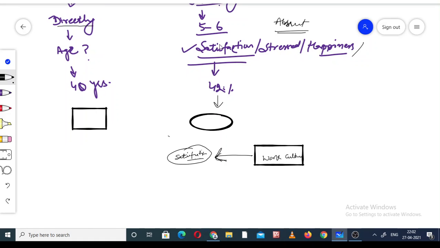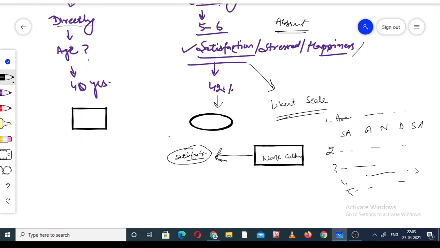When we ask questions, as I told you, we ask 5-6 questions if we would like to get the satisfaction level or the stress level. This is one kind of Likert scale. In the form of the Likert scale, we ask 5-6 indirect questions about this. If we would like to measure the satisfaction level: are you satisfied with this particular thing, strongly agree, neutral, disagree, strongly disagree. Then a second question relevant to this, and third, fourth, fifth. So this is relevant to the Likert scale.